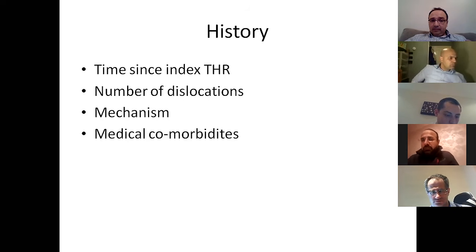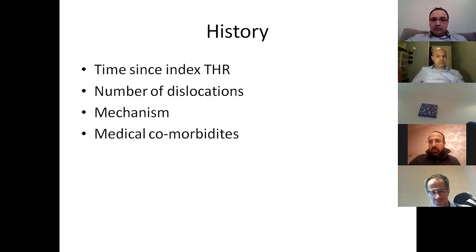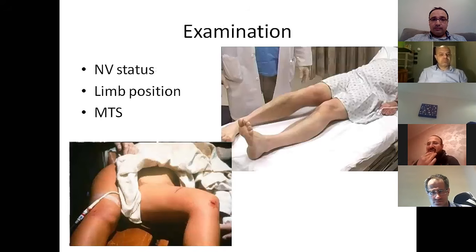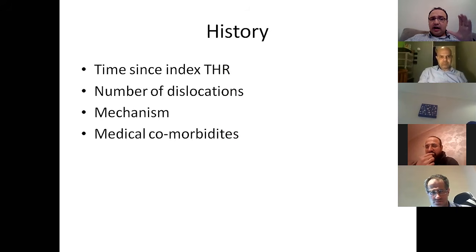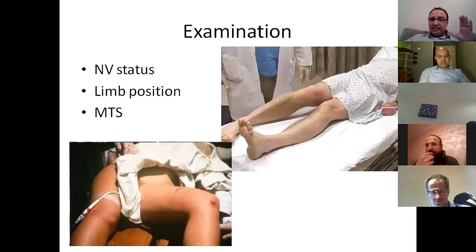If the examiner thinks that any of this information is relevant, they would normally volunteer it to you. So please, please avoid the temptation of saying, how many dislocations, what is the mechanism? Don't ask the examiner questions. Just say, that's what I'm looking for. Then you move promptly to examination. Say, I'd like to take a history asking about these four points. Then I would like to examine the patient,